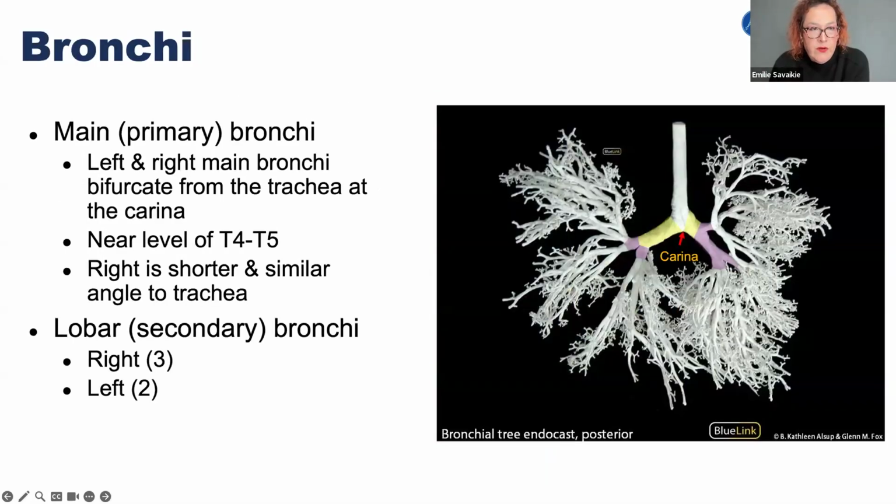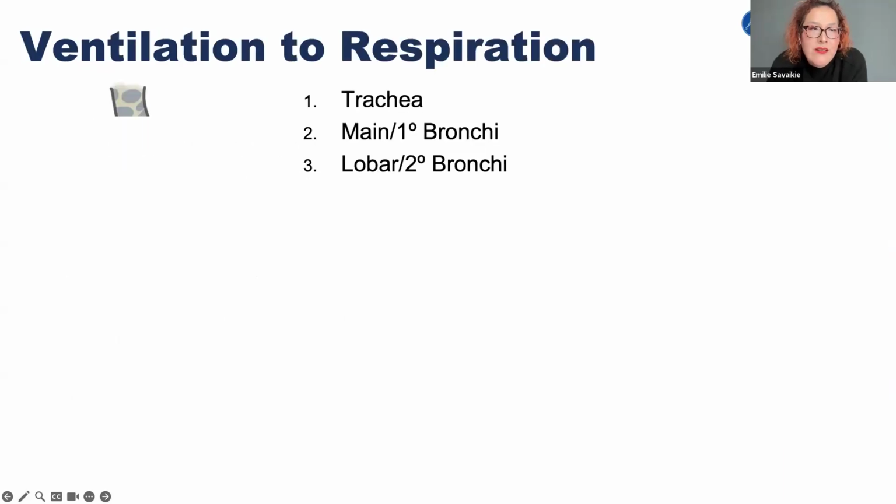And then you have your main bronchi, left and right, and they bifurcate at a structure called the carina, and that's at the level of T4 and T5. And note that this is looking backwards, so the right is shorter and a similar angle to that trachea. And then lobar, secondary bronchi, there's 3 on the right and 2 on the left. That matches the lobes. So when we go to ventilation to respiration, we've already talked about those structures, and then